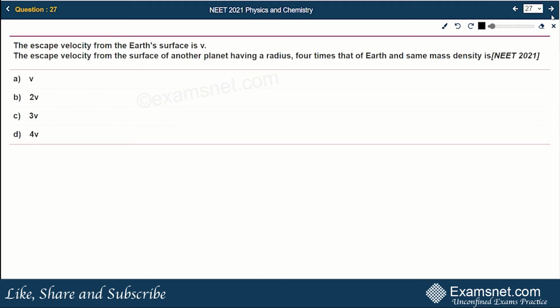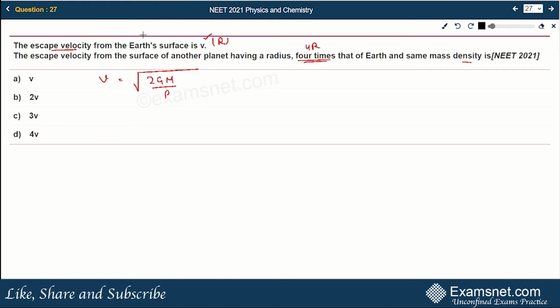Okay, so question number 27 is from the chapter Gravitation, and the question is: the escape velocity from the Earth's surface is v. Then the escape velocity from the surface of another planet having a radius 4 times that of the Earth and the same mass density is? So suppose the radius of the Earth is r, then the radius of the other planet will be 4r, because it is 4 times. Also we know that the escape velocity of the Earth is given as root under 2GM